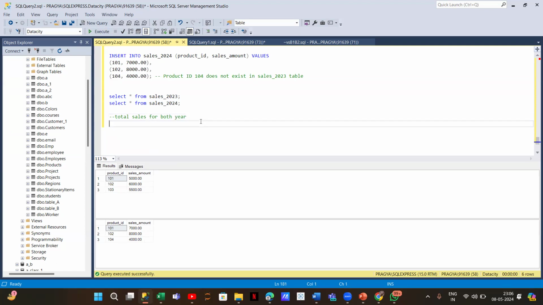So how will I be able to do it with the help of union? I want to find out total sales for both years. Can I do it like that? If I want to have sales, let me just write select star from my sales 2023 and then select star from sales 2024. If I want to have all the data, even the duplicate ones,